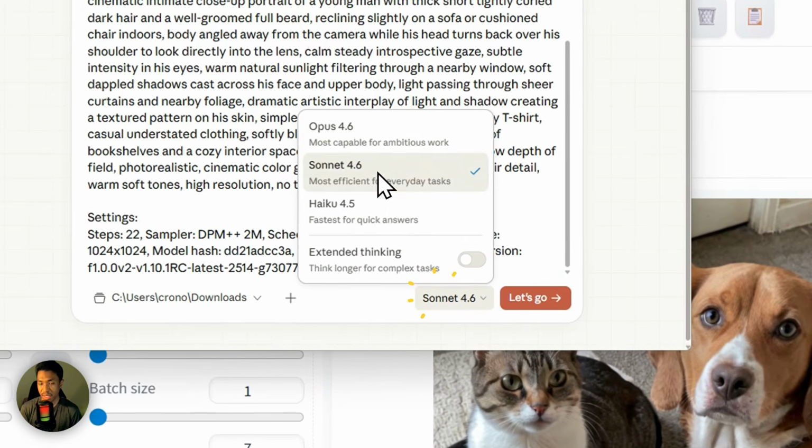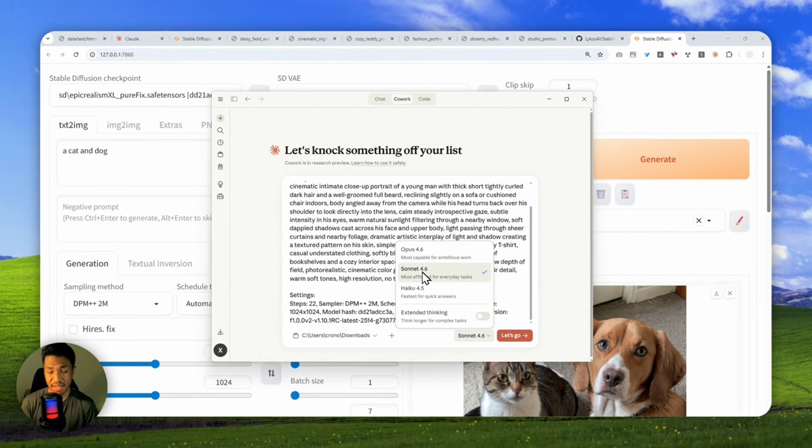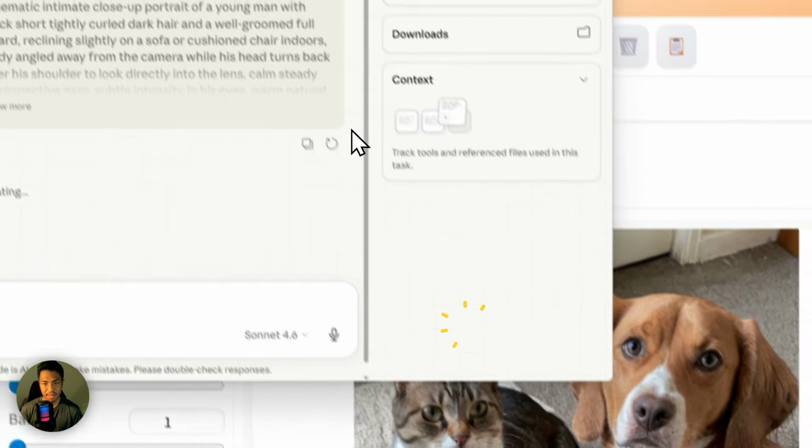And for the model, you can use Claude Sonnet 4.6. And I do recommend to not use Haiku because during my testing, it is not very consistent. So just use the Sonnet version. Click this and